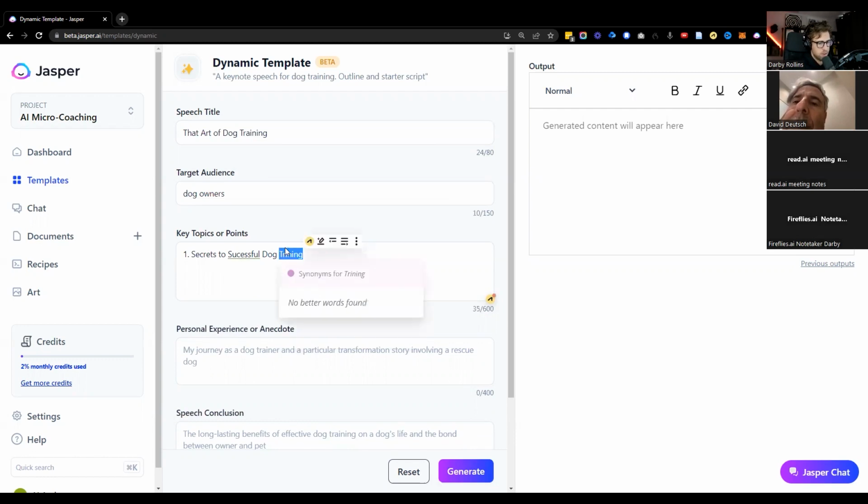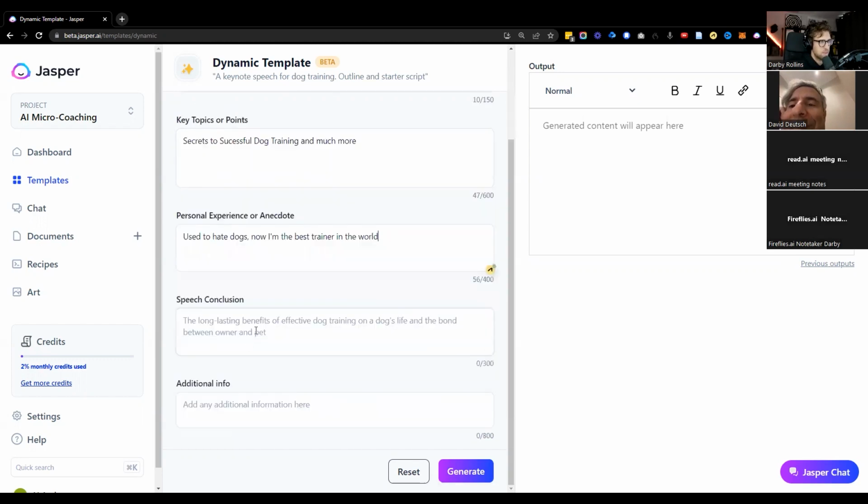See, it would help if I could type secrets to successful dog training and much more. Personal anecdotes: used to hate dogs, now I'm the best trainer in the world. Maybe that's not the best example. No, it's a pretty good summary of what we do. Long-lasting benefits of dog training of a dog's life. Long-lasting benefits. Any additional info: